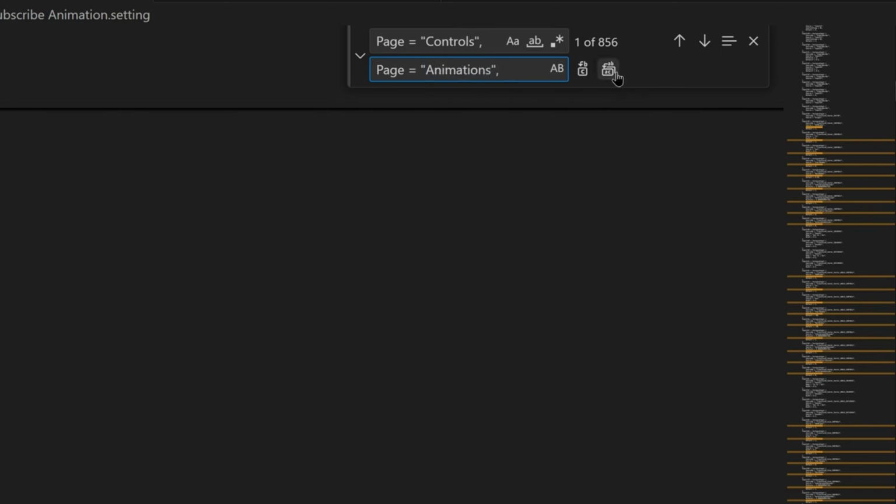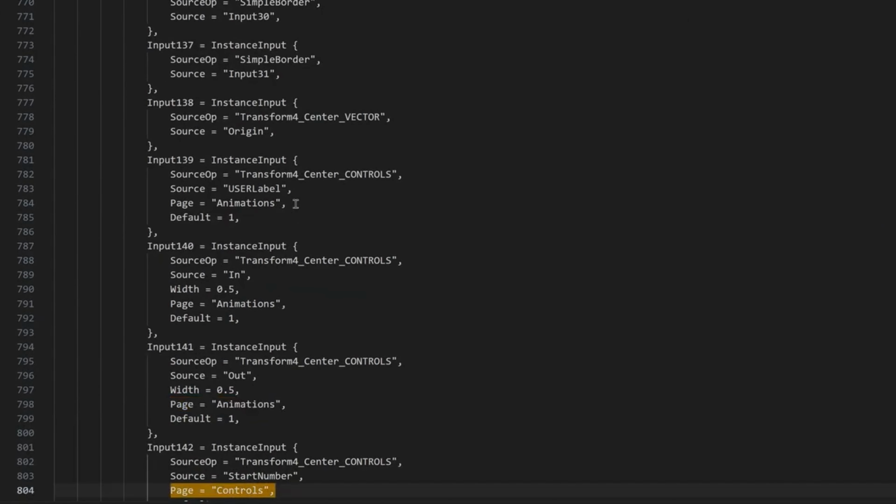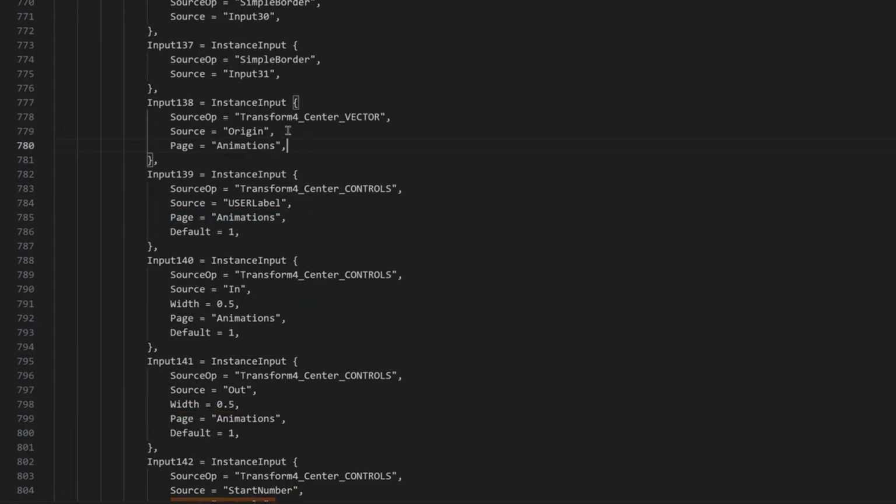And I'm not going to do all of them all at once because there's almost 1,000 of them. So I know for a fact that most of these aren't actually on the node. We're going to do it one by one. So bam, bam, bam. But we're also then going to copy this and put it onto origin, just as an important note before I continue, because origin is the XY coordinate control that was on the same page as all